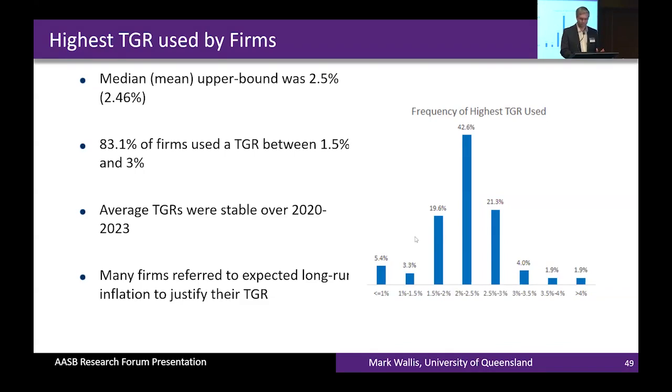2.5%. Now, this is kind of a surprising result, though, because the Australian economy is probably going to grow faster than inflation in the long run, right? It's going to have real growth. So it's kind of implausible that all cash generating units are going to grow slower than the Australian economy in the long run.